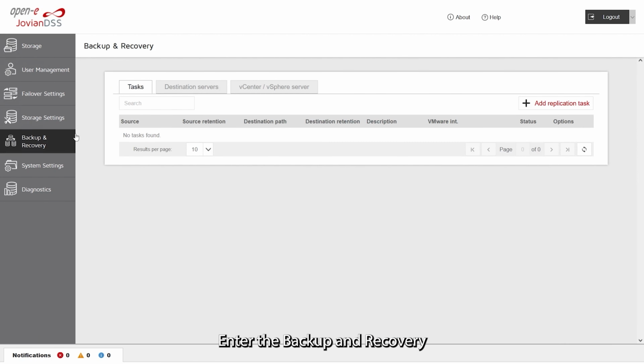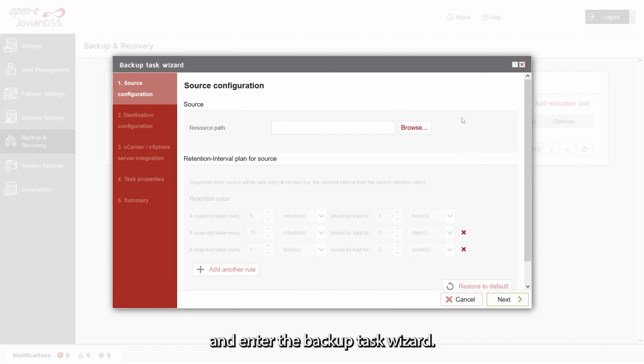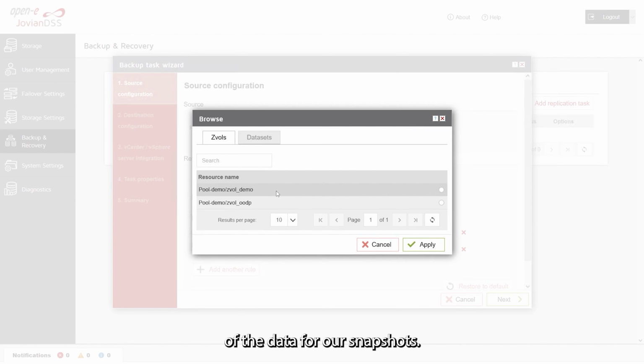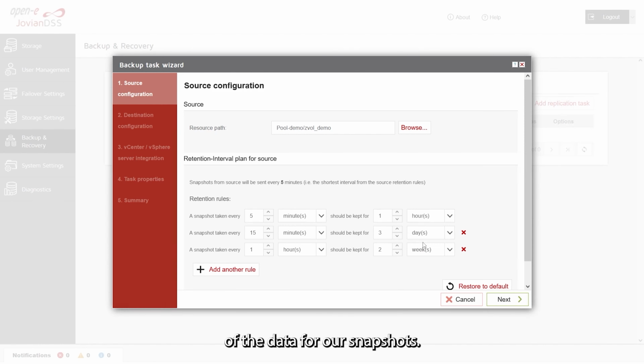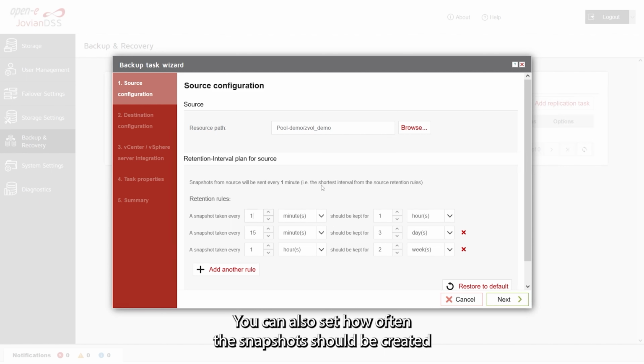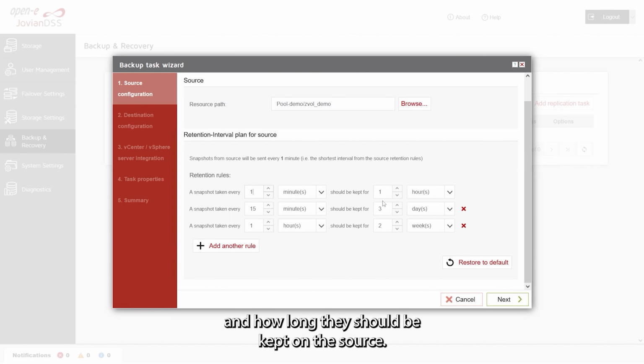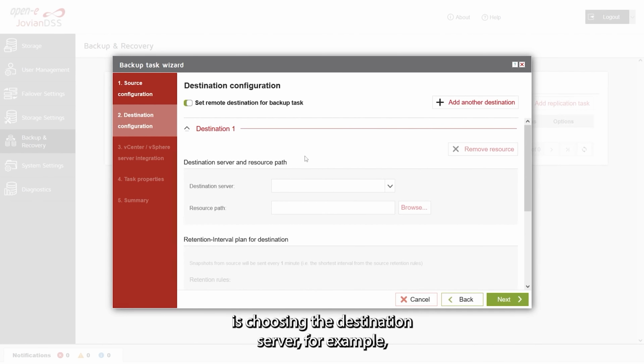Enter the backup and recovery and enter the backup task wizard. Here we have to choose the source of the data for our snapshots. You can also set how often the snapshots should be created and how long they should be kept on the source. The next step is choosing the destination server, for example, in order to send the snapshots to a remote